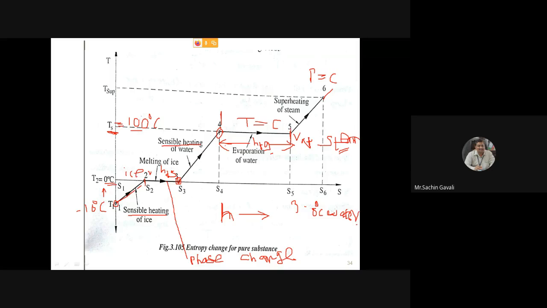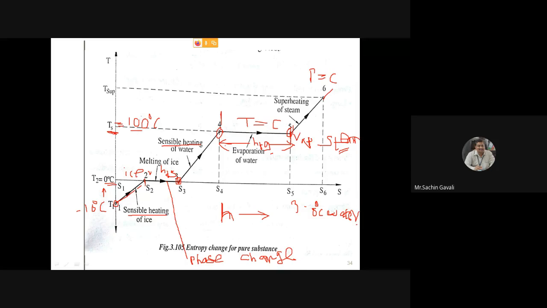And then afterwards, when the steam is converted completely, at this point it is called saturated steam, because it has a temperature equal to the saturation temperature. Hence this steam is called saturated steam. Now, from point number 5, if we are still heating that steam,